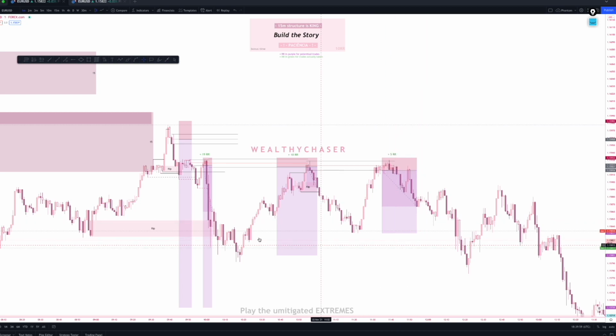Okay, so basically I took all these three trades. I want to share with you the story built behind the PA. Why did I take these trades? And also why did I set further target for the first trade and then closest targets to the other trades.